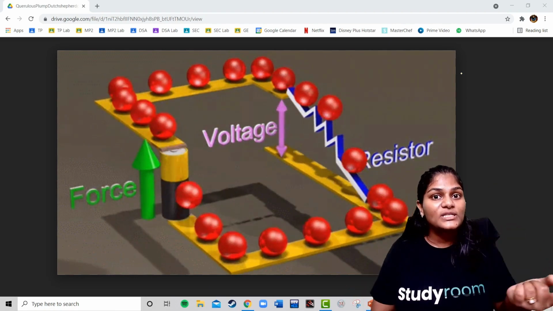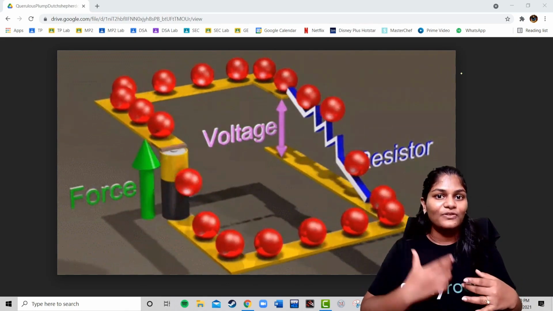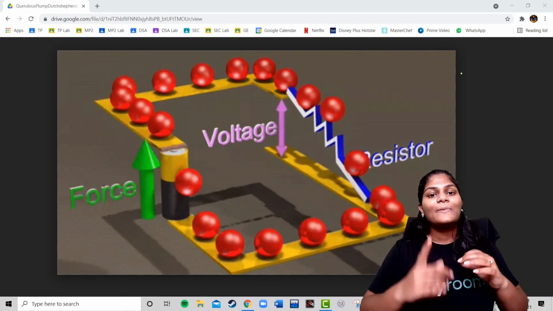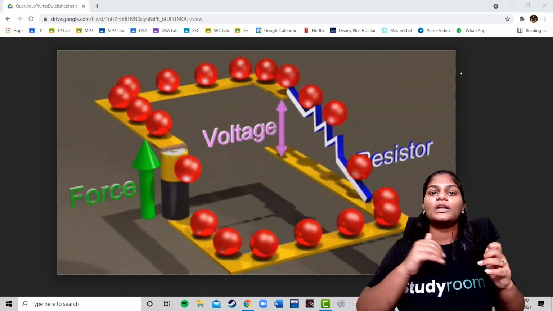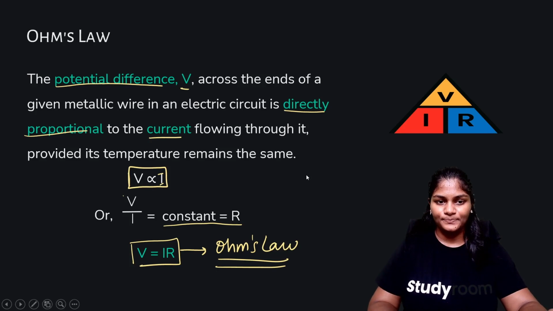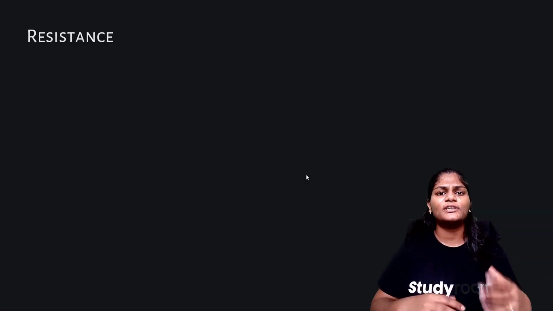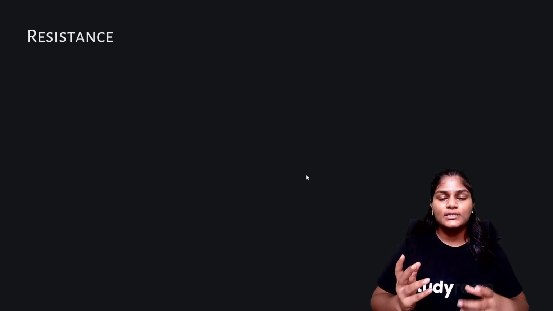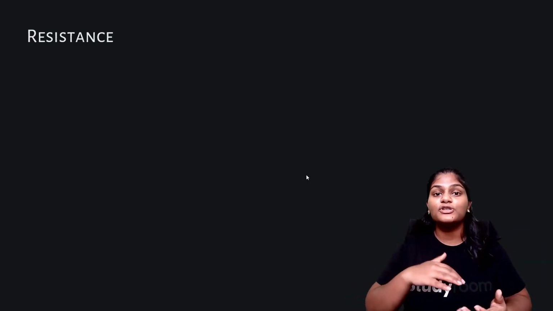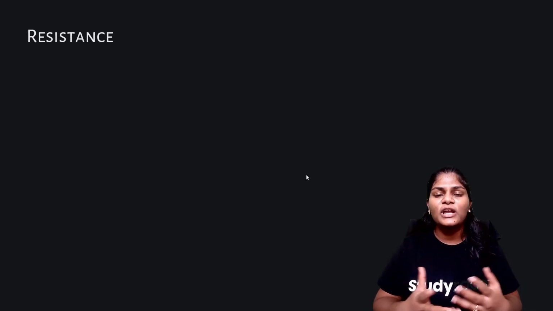And what causes that potential difference? The battery is what maintains the potential difference in the circuit. And the battery basically exerts a force for the current to keep flowing in the circuit. Okay, moving on. We're going to study what is resistance. I said it so many times, like the resistor provides resistance. Then we saw that in V equal to IR, the resistance is the constant of proportionality.